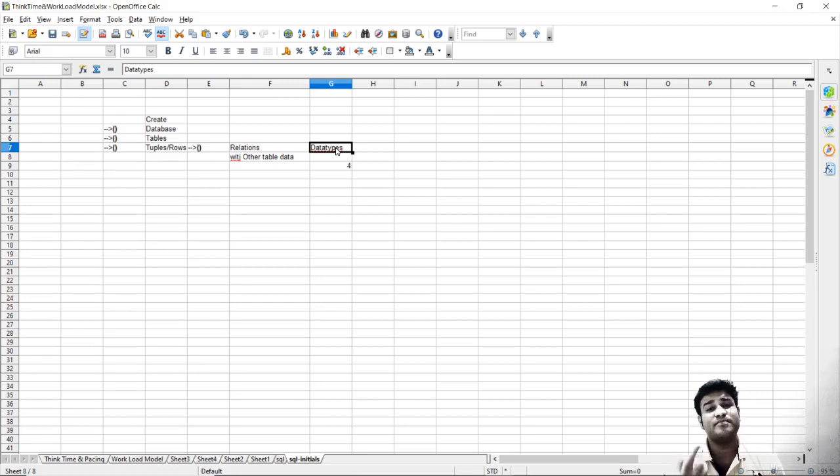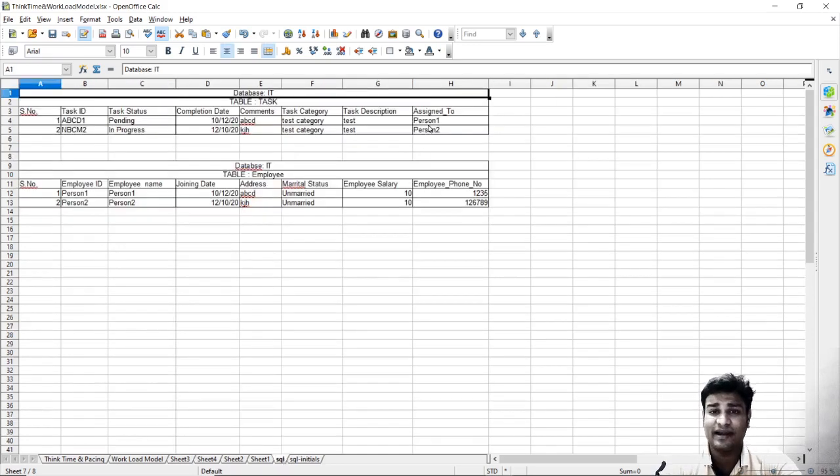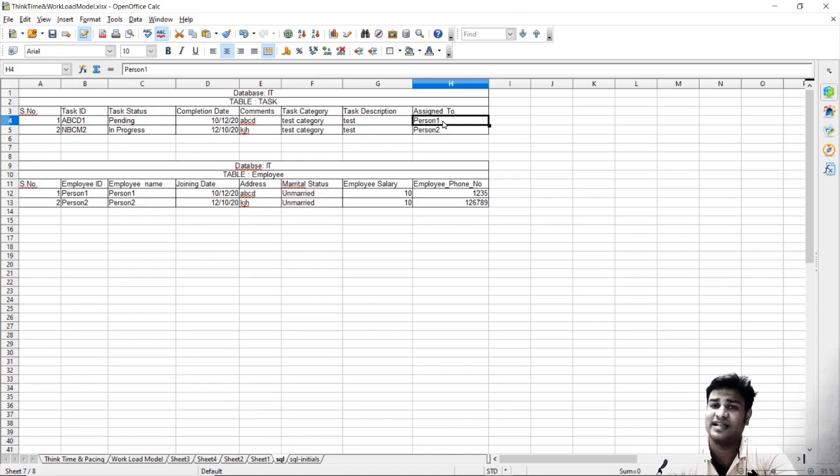At first, what is important is the domain: we are creating the database for the hotel industry, or we are creating the database for the finance industry. So any relationships which are built are as per the domain. This is what the business requires. The business says that this person should be there in the employee table, because this person should be recruited, and only then can they assign the task to that person.